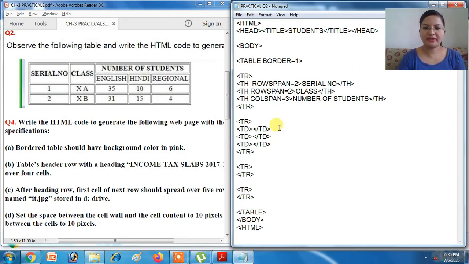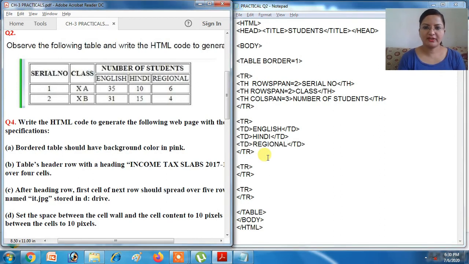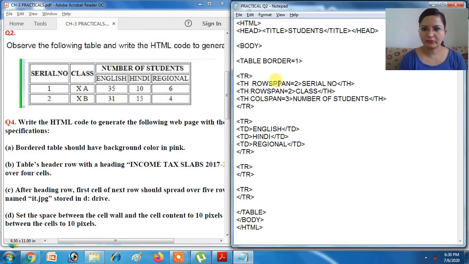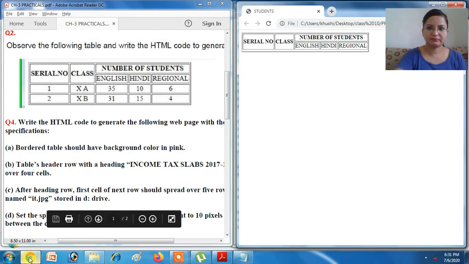Okay, copy 3 TDs, then you write English, Hindi, and Marathi. Okay, now see the output. Okay, rowspan spelling mistake is there. Now the output is proper.